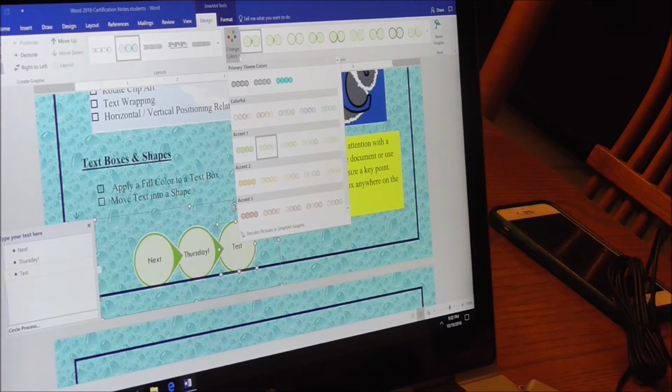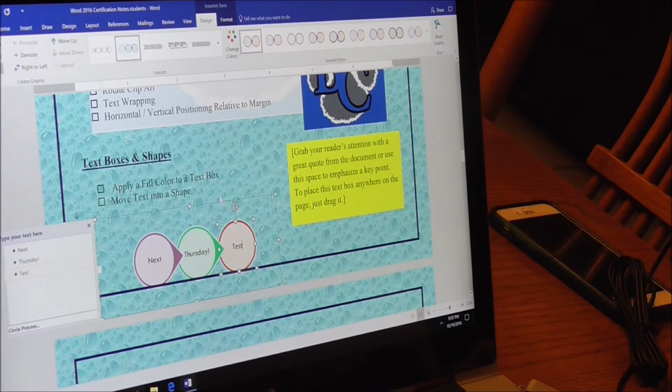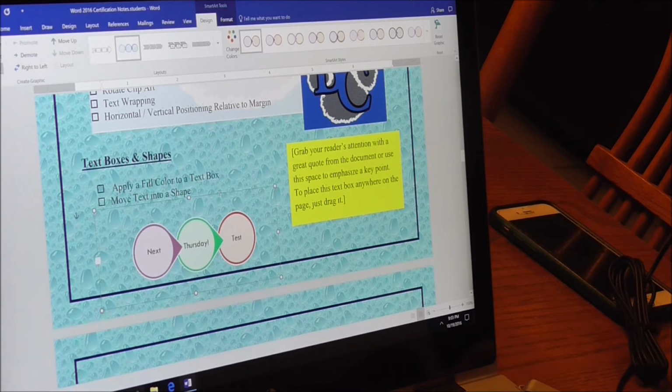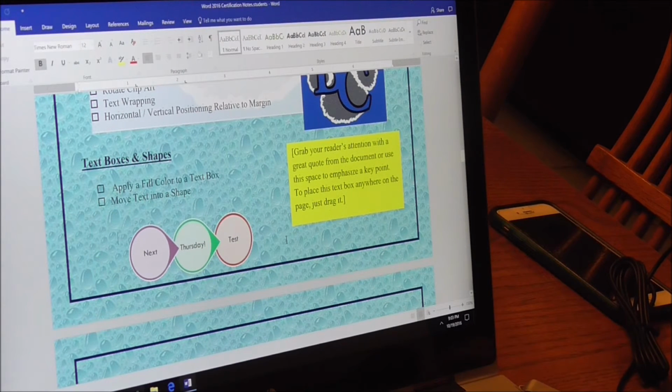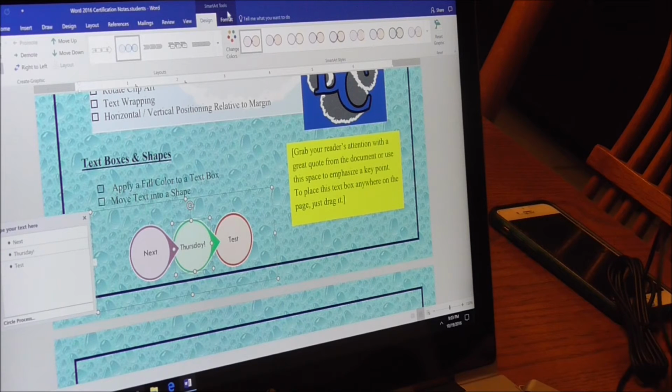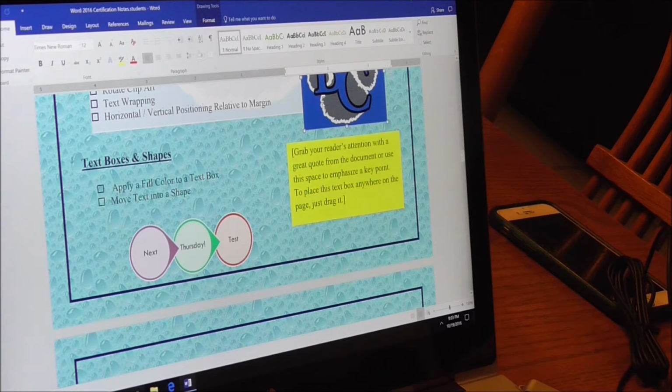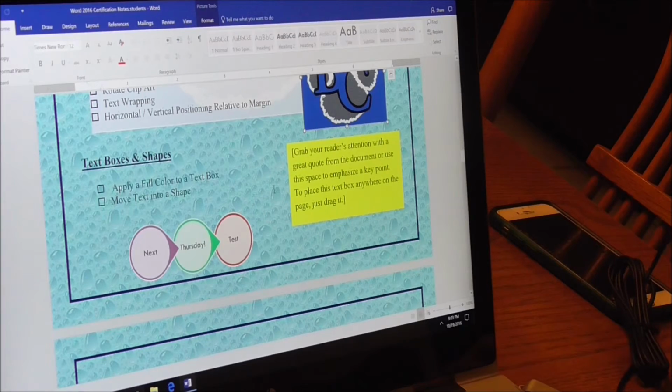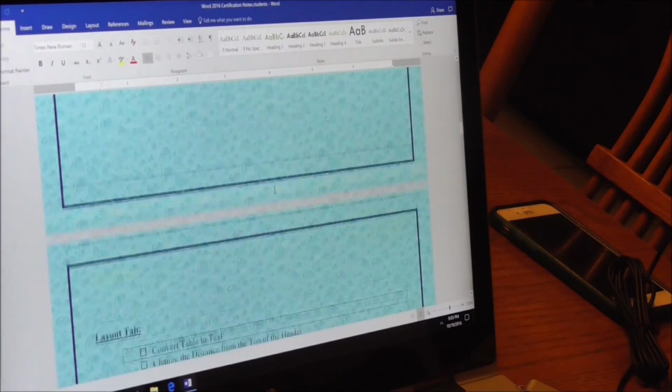We can change the colors of this. We can make it colorful so each one is a different color. We can do accents. They'll tell you which accent one. They might tell you if they want it lighter, accent 2, accent 3. So I personally like this colorful range. You can pick whatever color you like. You're not required to use the one that I picked. So that gives you an idea with Smart Art. With Smart Art, you get the Smart Art tools; with a text box, you get the drawing tools; with a picture, you get the picture tools. And I'm going to have you scroll back up one more time to our table